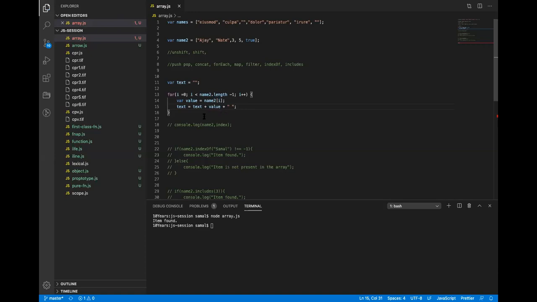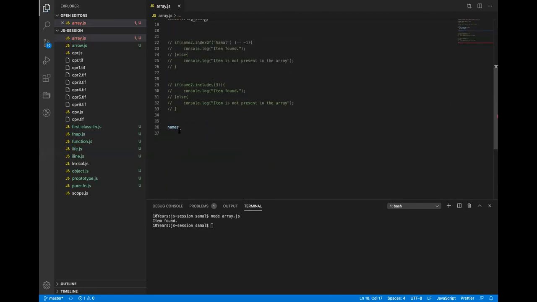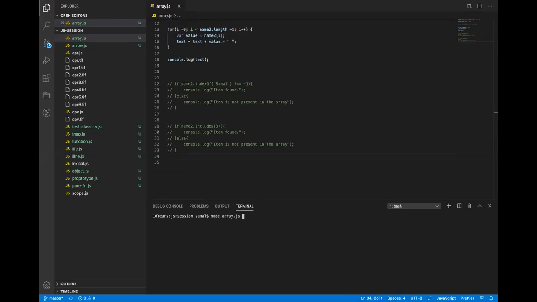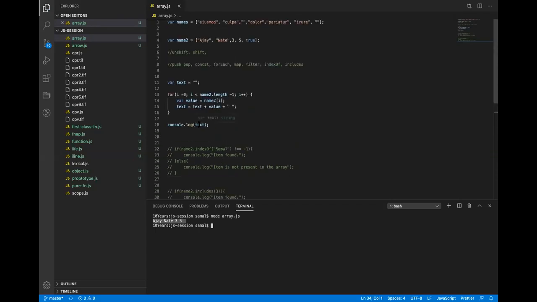If I do console.log the text here and print this, you will see this array is now converted into a text.